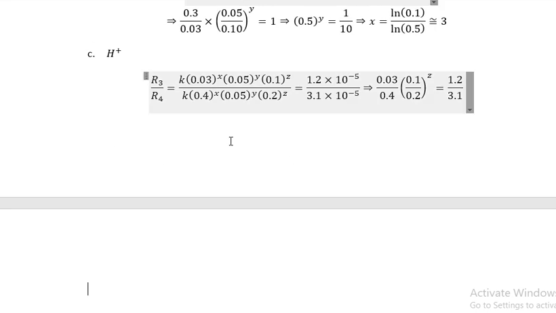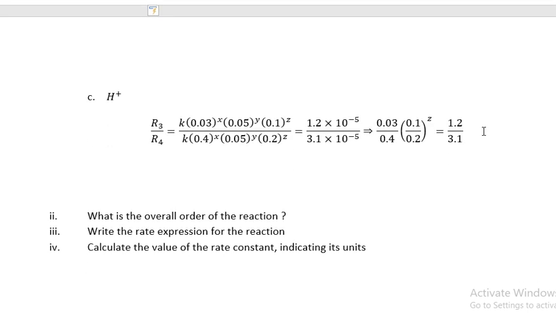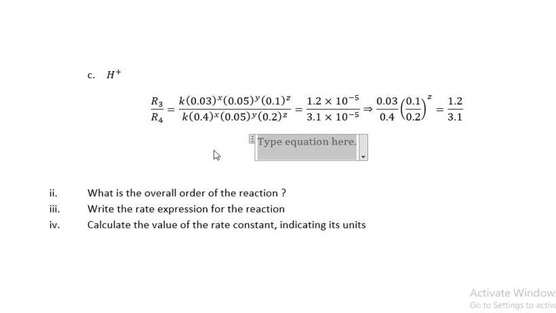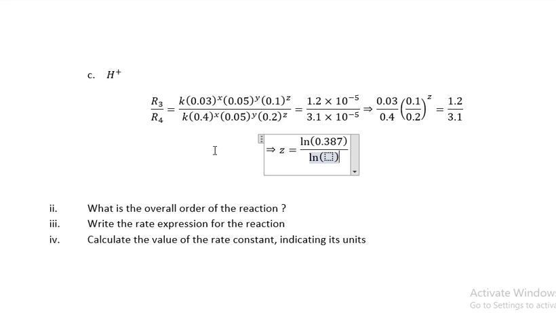Now all we need to do is find the value of z by taking logarithm on both sides. Okay, so with that said, you see that our z will just give us, let me punch 1.2 divided by 3.1 and see what I have. 1.2 divided by 3.1 gives me 0.387. So I'm going to have the ln of 0.387 divided by the ln of, now 0.1,